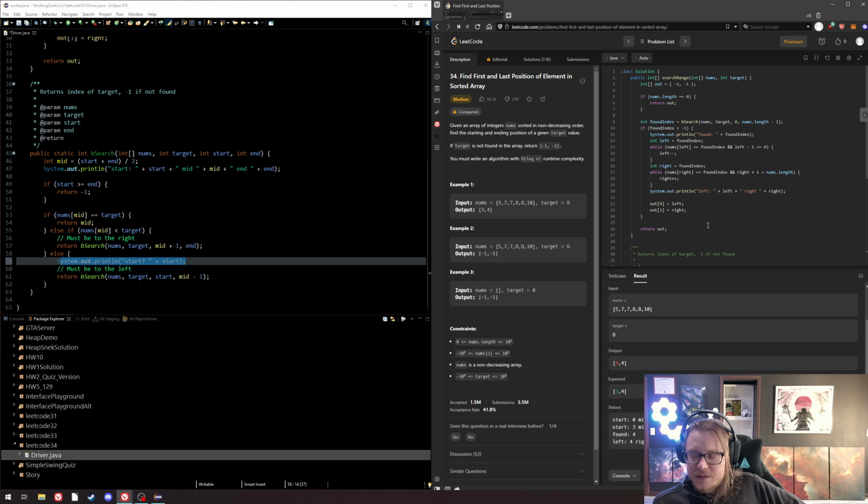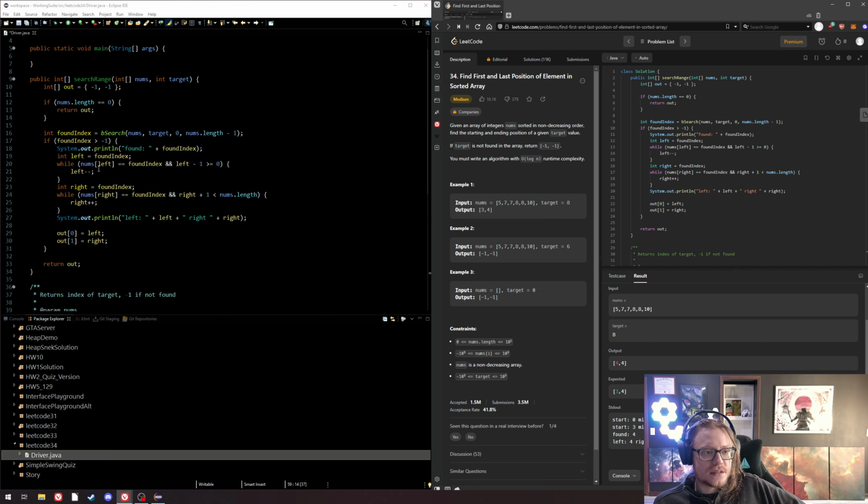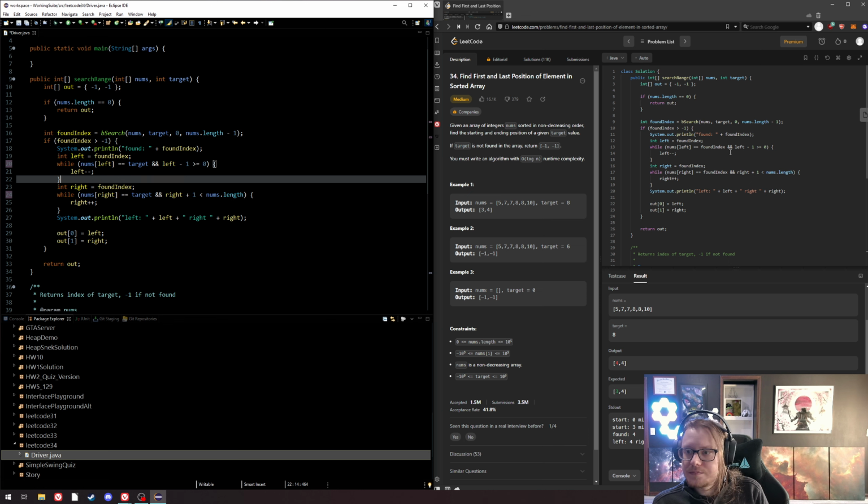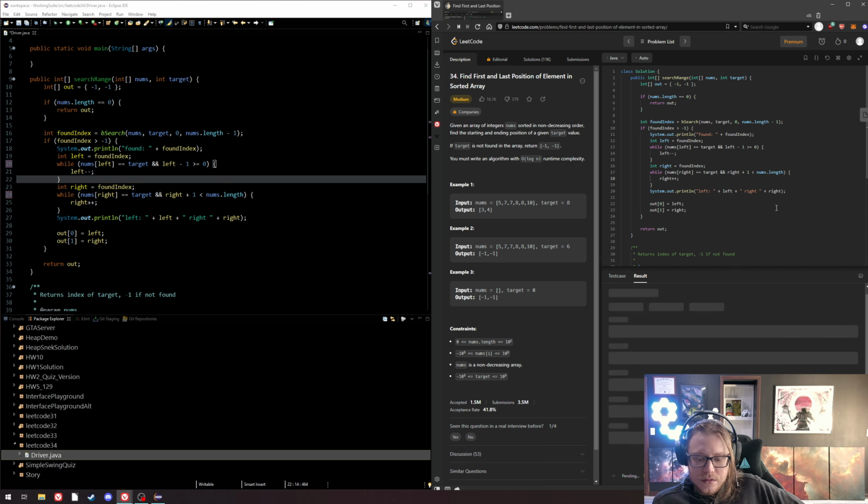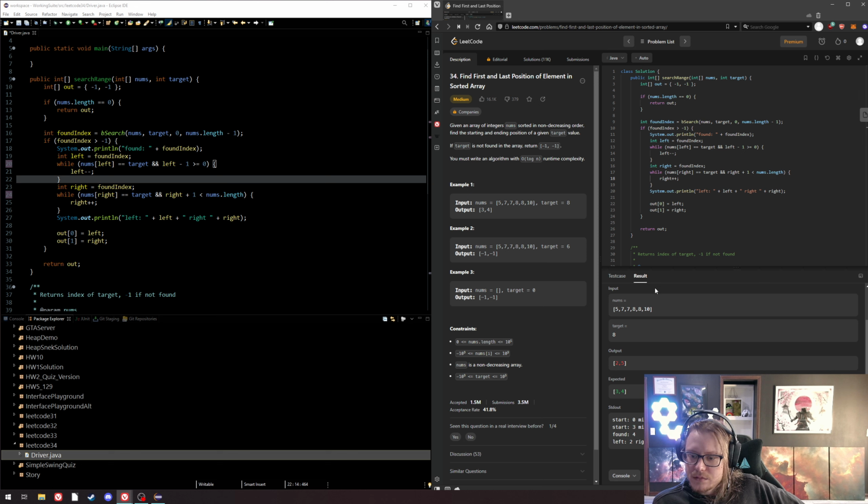Found 4, left, right, 4. Okay, so that's wrong. It should have scanned up to 3. So it's nums of left equals. Oops. Stupid. I'm not looking for an index. That's stupid. I'm looking for the target number. Duh. Stupid. Now it's 1 off, right? So I want to stop